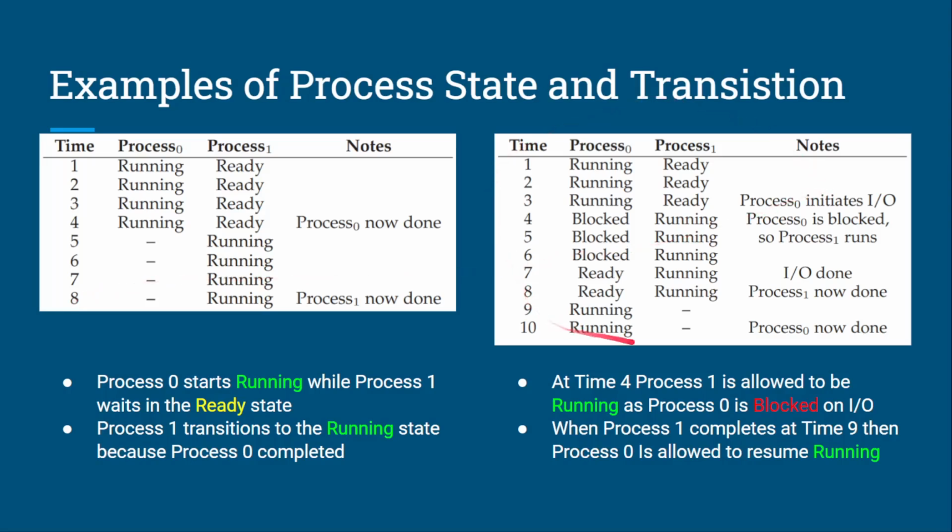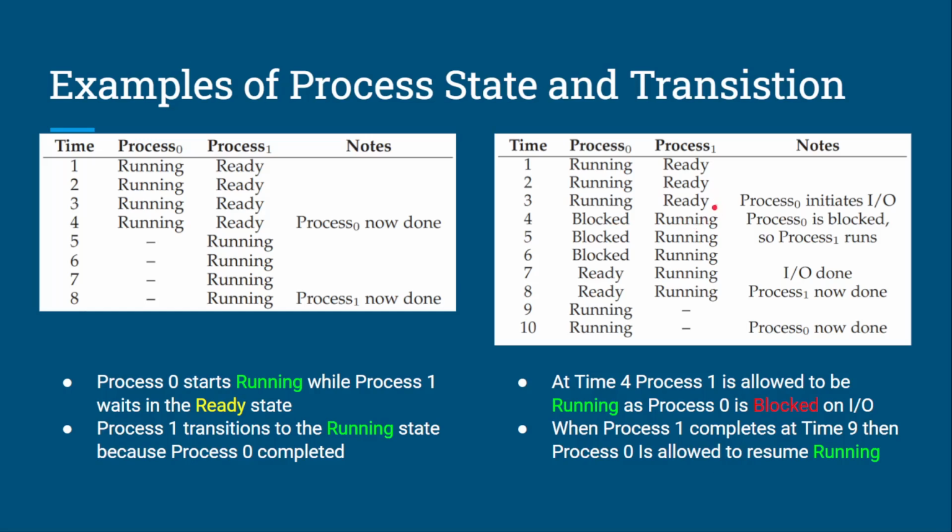Over here in this other diagram, we have two processes again, process 0 and process 1. Process 0 starts out running, and process 1 has to wait for the CPU in a ready state. At time step 3, process 0 notifies the operating system that it needs some sort of input or output. So that causes a context switch for process 0 from the running state to a blocked state as it's waiting for the I/O. Because process 0 is now blocked, process 1 is allowed to transition from the ready state to